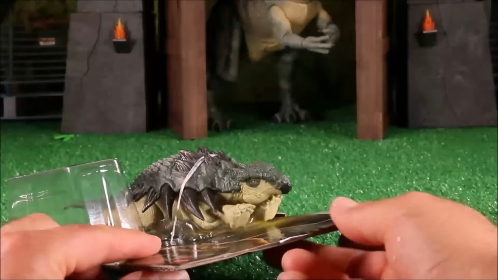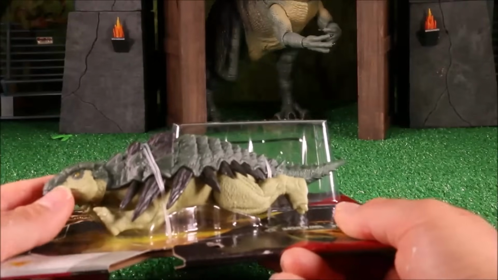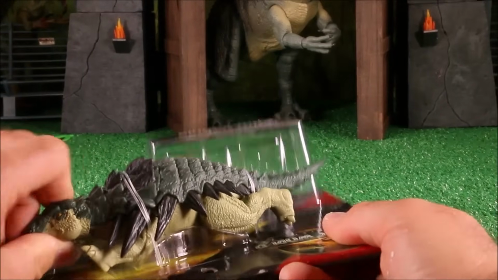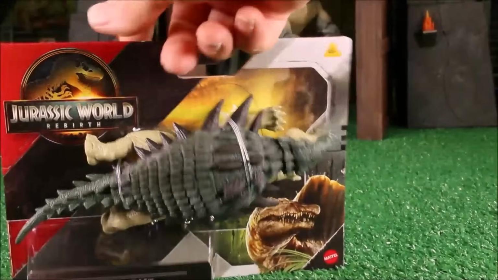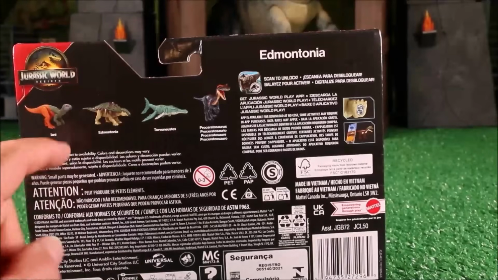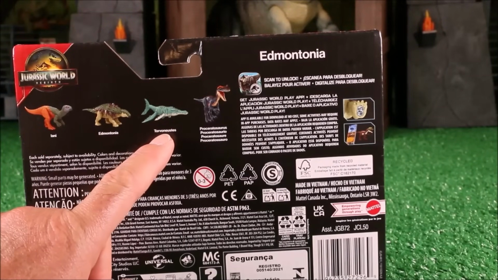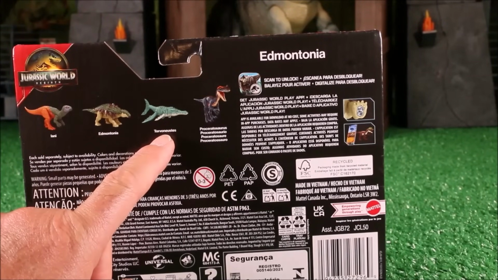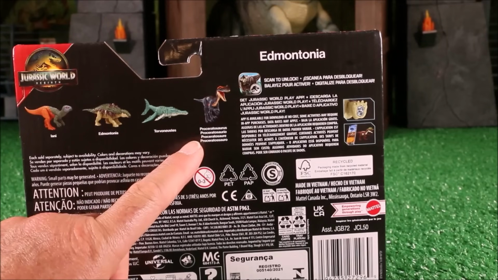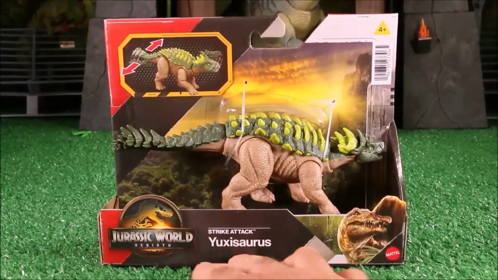Edmontonia. So this is an armor-plated herbivore, really cool looking. Mattel is hitting it out of the ballpark with the look of these new dinos and their action features. I'm loving it. Here's the other four you could buy: the Iani, Edmontonia, Torvenustus, and Proceratosaurus. Okay, then we got the Strike Attack